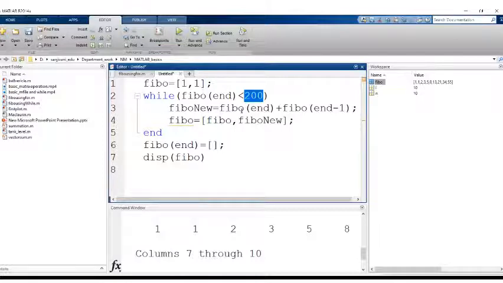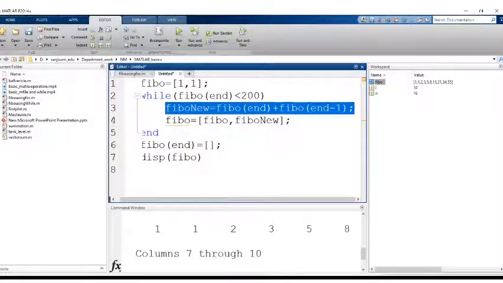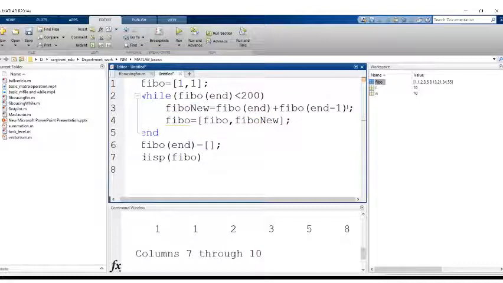Now Fibo new is Fibo(end) plus Fibo(end minus 1). This is nothing but the main thing, which is just incrementing a series. That means the last two elements of Fibo are added and that value is stored in Fibo new. Now Fibo is again overwritten as Fibo comma Fibo new. That means the previous value of Fibo, that is 1 comma 1, and Fibo new will be appended